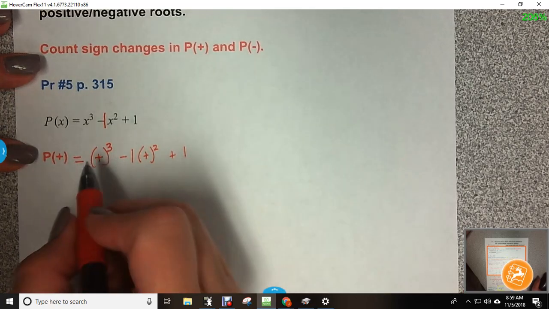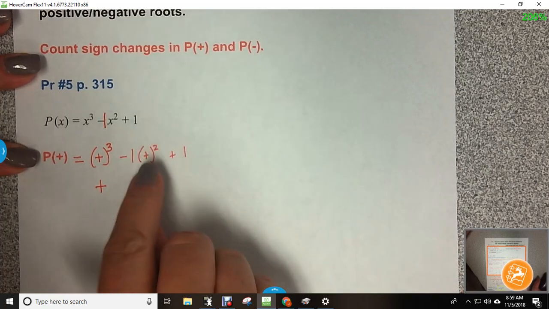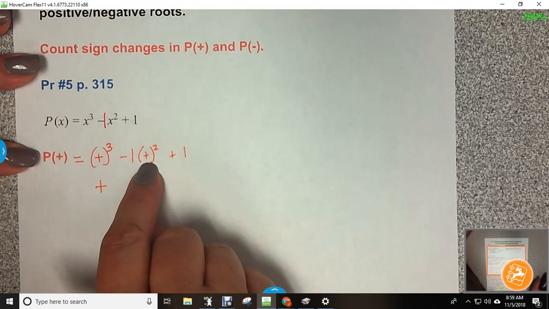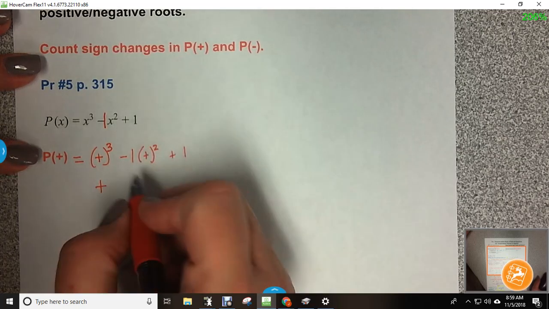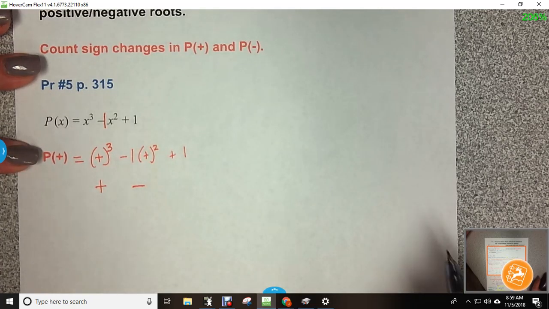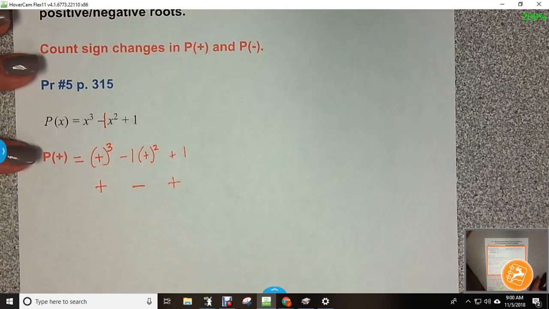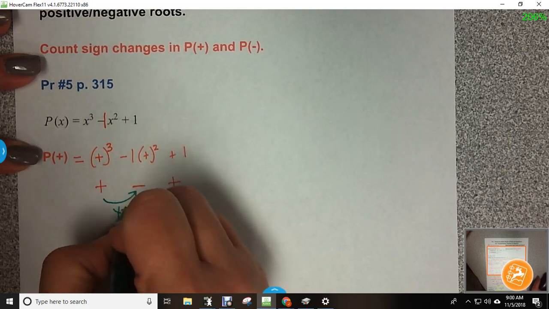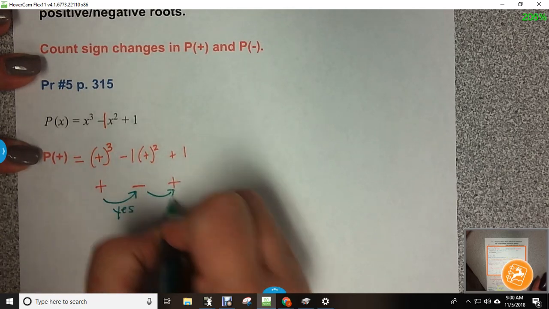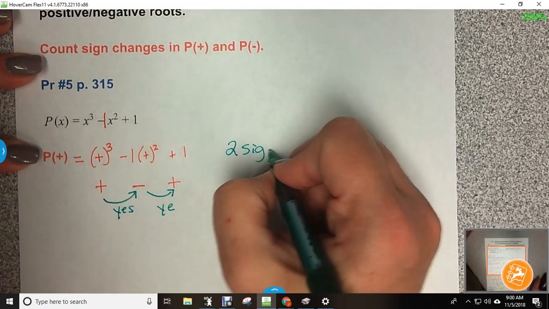Well, any positive number to the third power is going to give me a positive result. For this term, I have to do my exponent first. So a positive number squared will be positive, times negative 1 makes that term negative. And my last one is a positive 1, so it's just plus. So what I want to do is count how many times my sign changed. From here to here, my sign changed. That is yes. From here to here, did my sign change? That is yes. So when I have two sign changes,